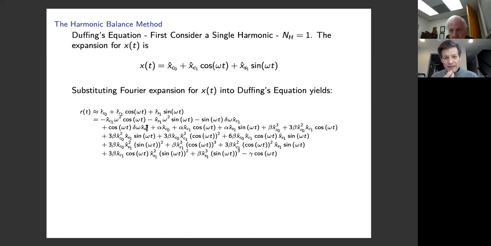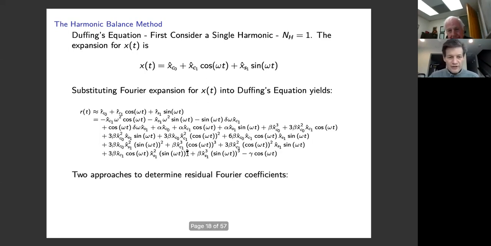Now we've got to go through and do the balancing procedure, because what you'll notice is that we have all these terms, sines and cosines, but we also have products like cosine squared and cosine cubed, and we don't want those. We want things to be in terms of cosine omega t, cosine 2 omega t, 3 omega t, and so forth. So there are two approaches you can go about to determine the residual